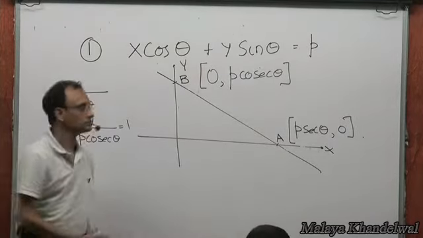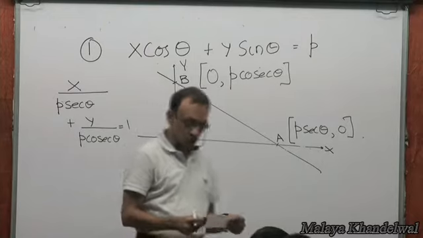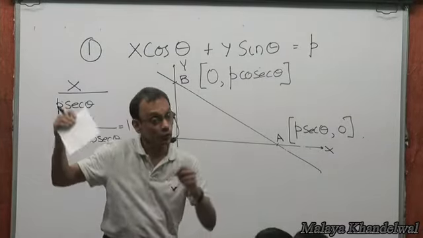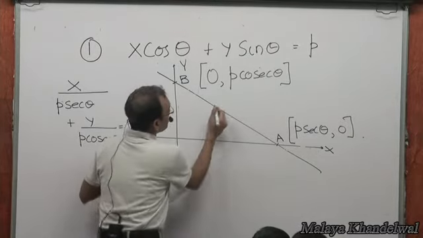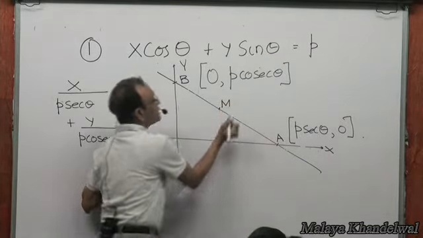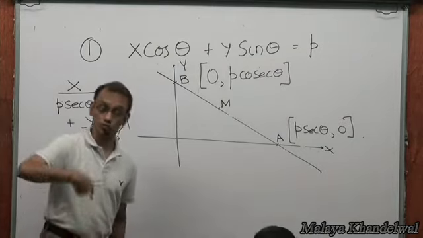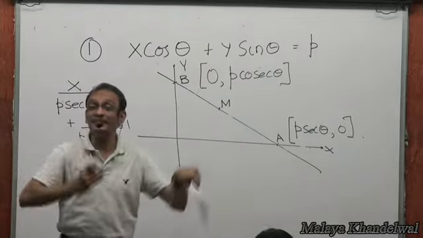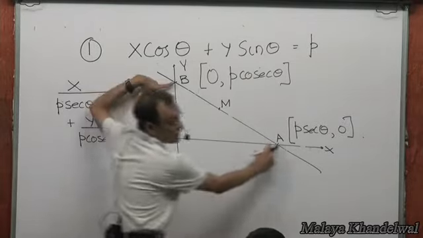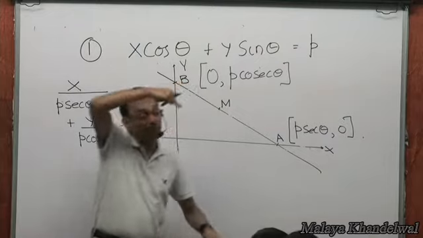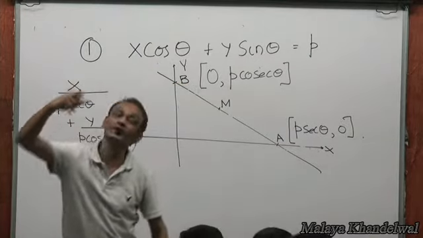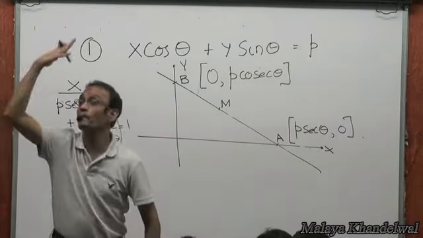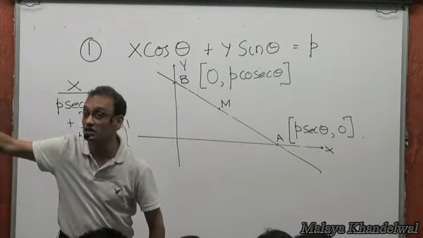Clear? Yes, sir. Now, on this line, while A and B change positions, while A and B move, there is a midpoint of AB which also moves. So while A and B move, while the line moves, while theta varies, the positions of A and B will vary. So the position of M, which divides AB in the ratio 1:1, will also vary. So there is a trajectory associated with them. There is a path associated with them for different thetas.